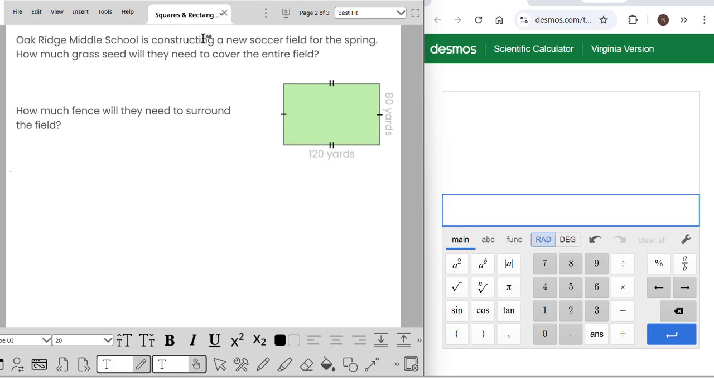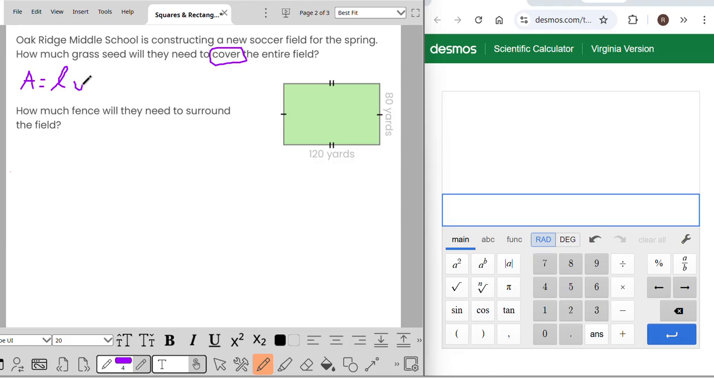This says Oak Ridge Middle School is constructing, that means building, a new soccer field for the spring. How much grass seed will they need to cover the entire field? Well, this word right here is telling you it's not just around the edge, it is the entire field. All of this green they want to cover in seed. Okay, so we're going to look at this and we're going to say, what is our formula for the area? Well, I'm going to write it down. Area equals, and if you look back at your rectangle, length